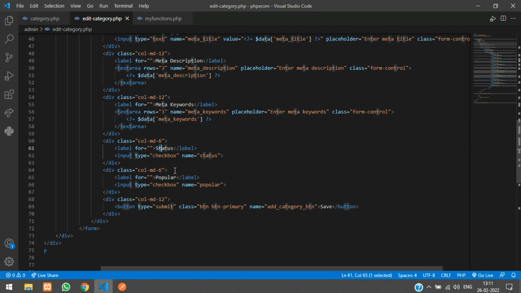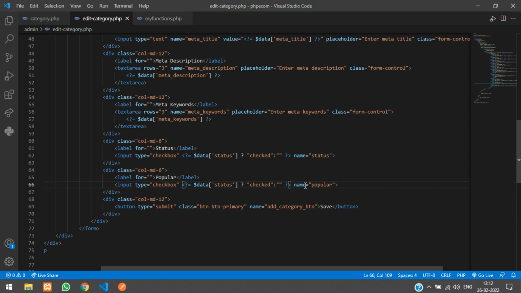And for this status and popular, these are checkbox, right? So here we will just say $data of status. So if this is true, that means if it is 1, then we have to keep it checked, else we will just leave it like that. So I'll just print over here. So if it is true, then print checked, else leave it like that. And copy this and paste it for the other checkbox as well. Just change the field name,